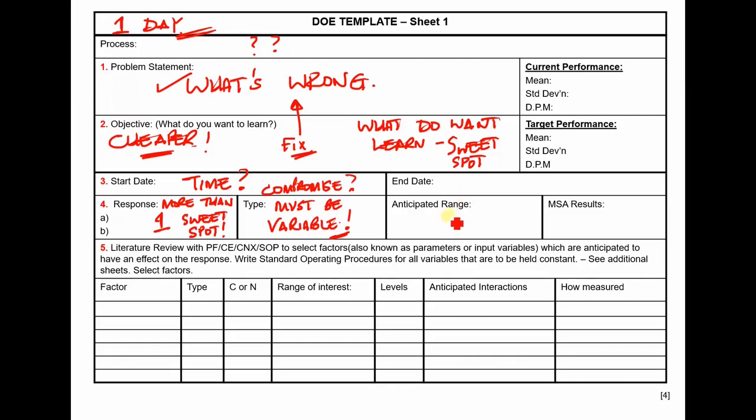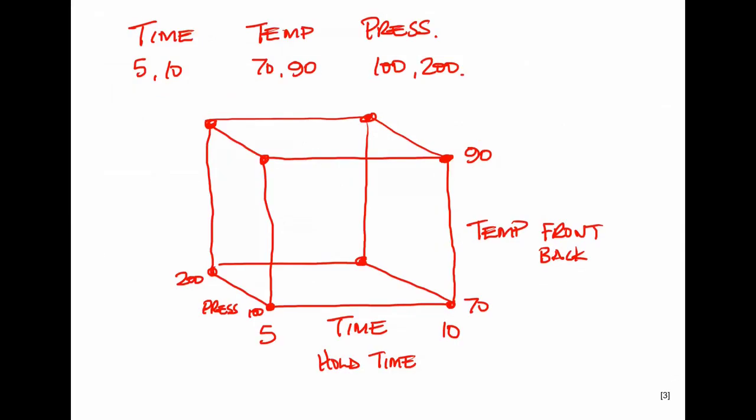Then it says, what's the anticipated range? Now, a key question really here is, can you measure the result? Can you measure the results? The reason we're asking that question, it goes back to the pattern that I showed you here. What this pattern is basically going to do is it's going to put the 3 variables at certain times all at their low setting. It's going to put the three variables all at their high setting. So you're going to push the process around. You're possibly going to put some settings in here that you've never used before. And therefore what you might have